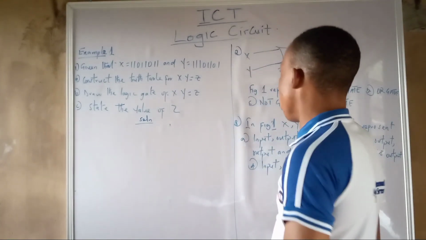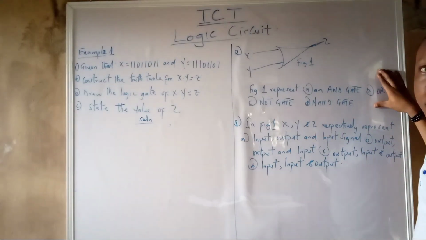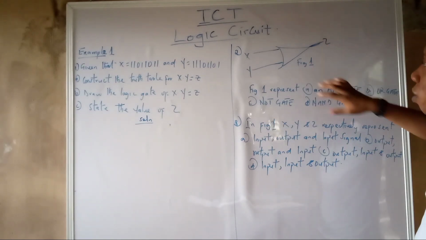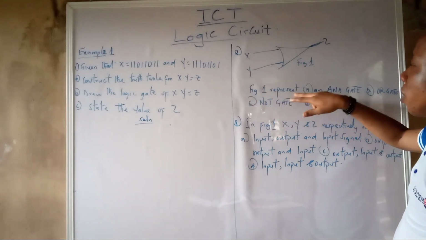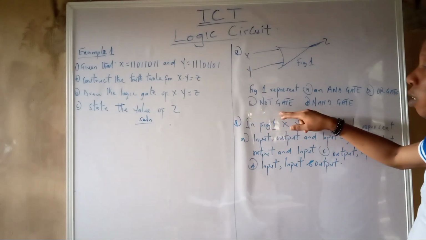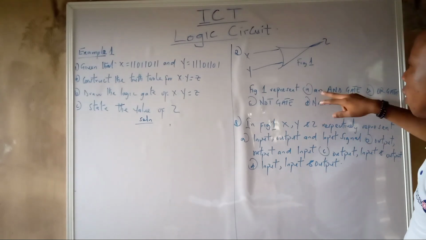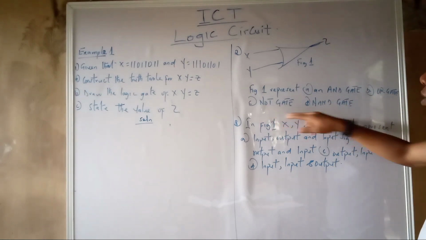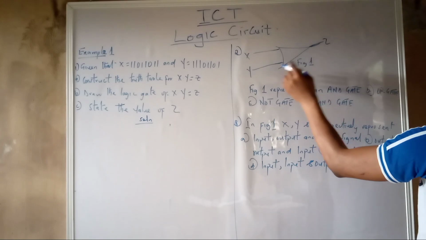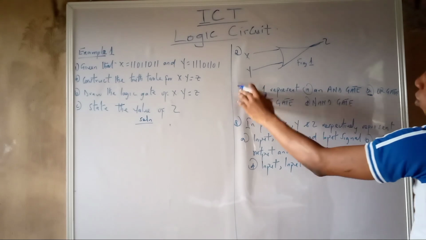Now we'll solve some examples under logic circuits. Our first example is an objective question in WAEC. We are asked to identify figure 1. Figure 1 represents: A, an AND gate; B, OR gate; C, NOT gate; D, NAND gate. Can you solve it? If you can remember, when we were solving all those types of gates, I drew something like this, which simply means the answer for this question is